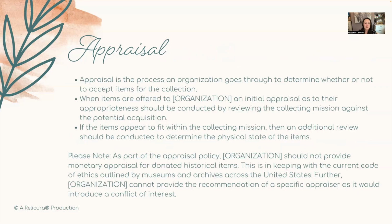Okay, so for the appraisal piece of this, appraisal is the process that a museum or archives goes through to determine whether or not an item or archival collection is appropriate for you to take in. When items are offered to your organization, there's usually an initial appraisal done by internal staff to gauge the appropriateness and whether or not that item should be added based on how it fits the collecting mission